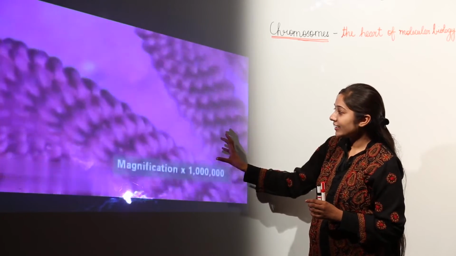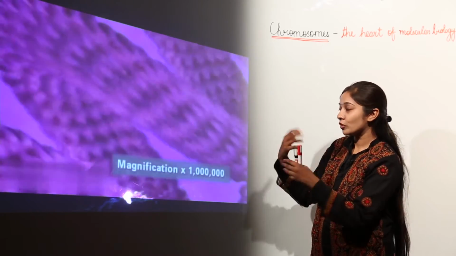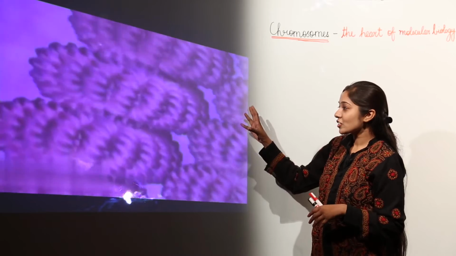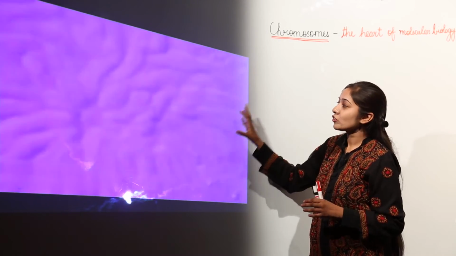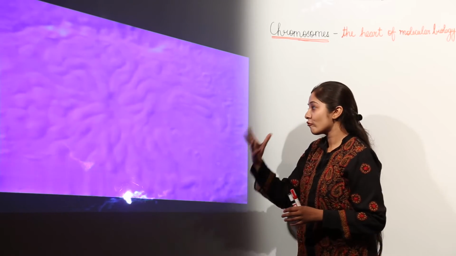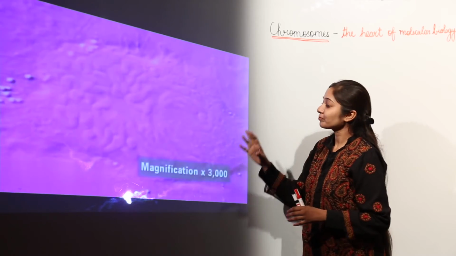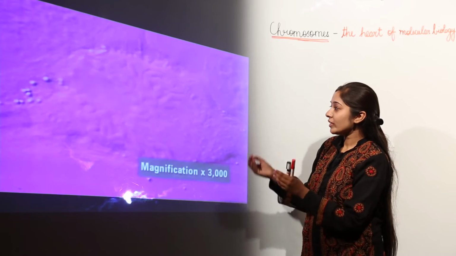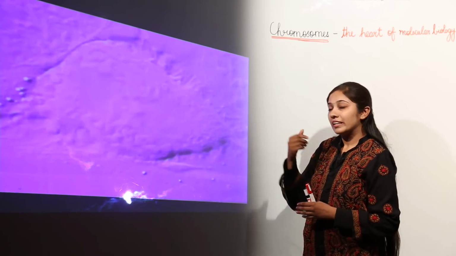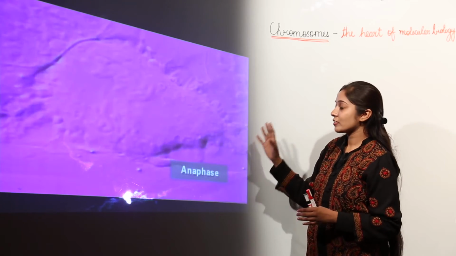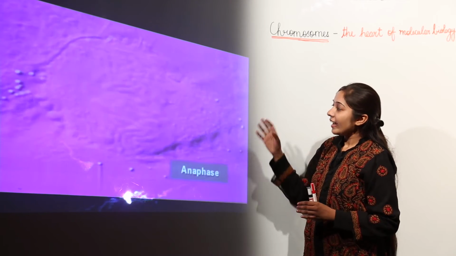So, see, it is highly condensed now and it is also supercoiled. This condensation and supercoiling has resulted in the formation of this structure which we call chromosomes, which are visible in the prophase stage of cell division. Then eventually when these chromosomes are visible, they further go through many divisional changes, anaphase, go through telophase, and finally